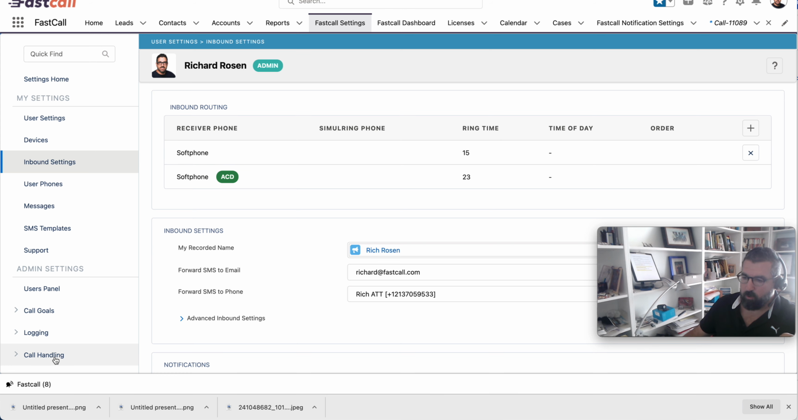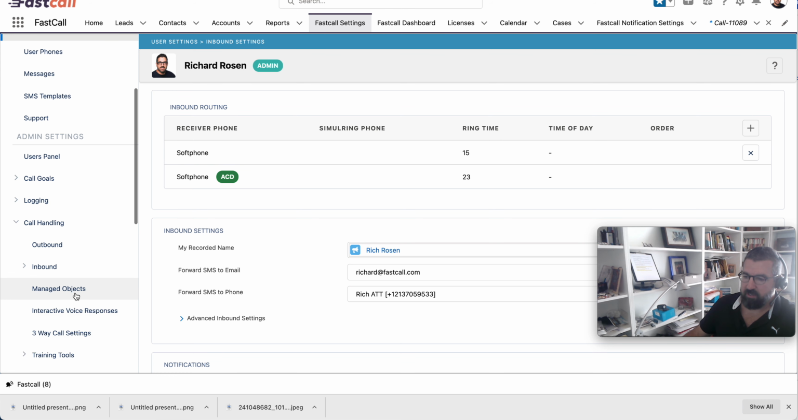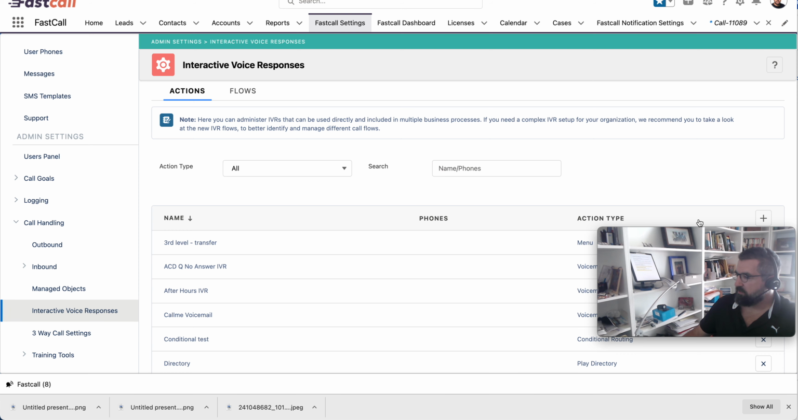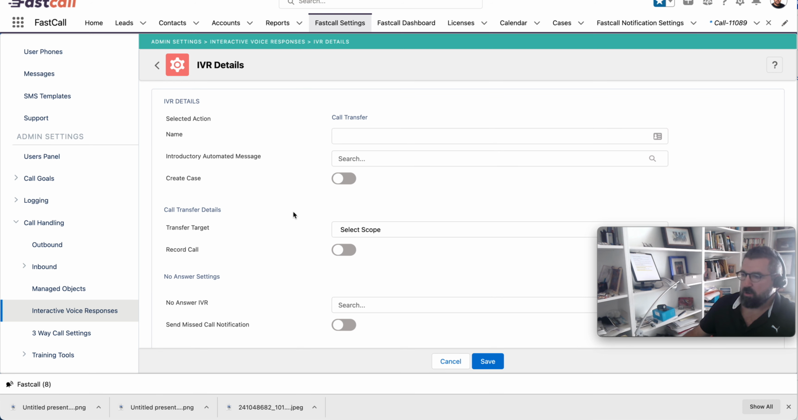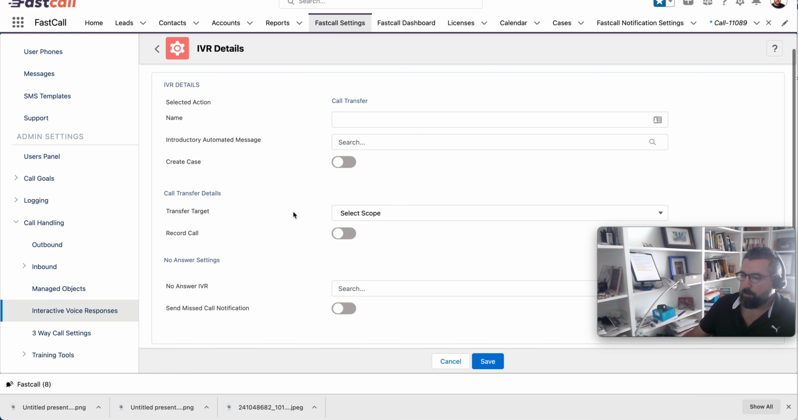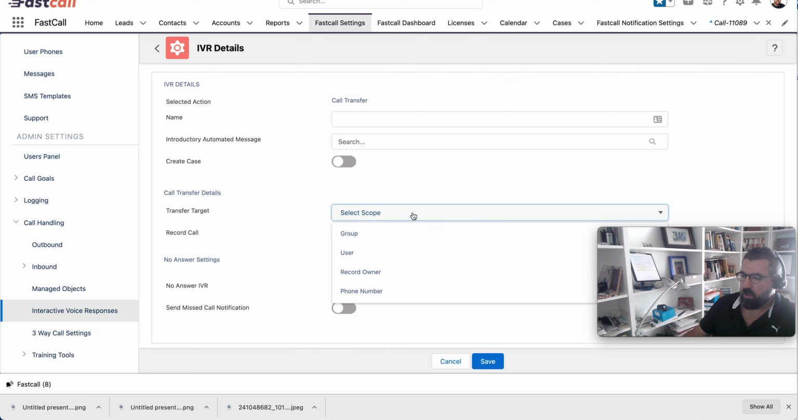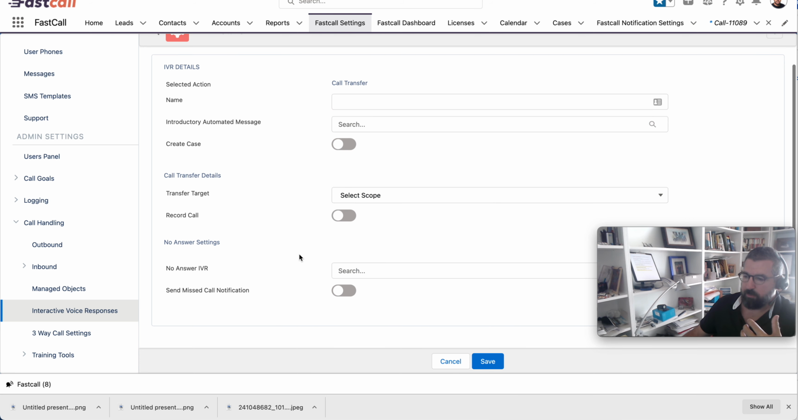And then we said we're going to go here to call handling, pop into IVR. We actually have some subsequent updates here, but I'll get to that again. So for the IVR action under call transfer, there's now two updates here. Under transfer target, we can go to record owner. That is new, where the transfer target will look at the record owner, and we can do the same thing for